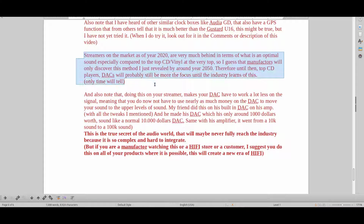And I feel that streamers, as they are on the market as of 2020, are very much behind in terms of the optimal sound. If you compare that to top CD or top vinyl, it doesn't get even close. And I guess that when manufacturers will finally discover what I've been telling you guys in this video, when they will see this,